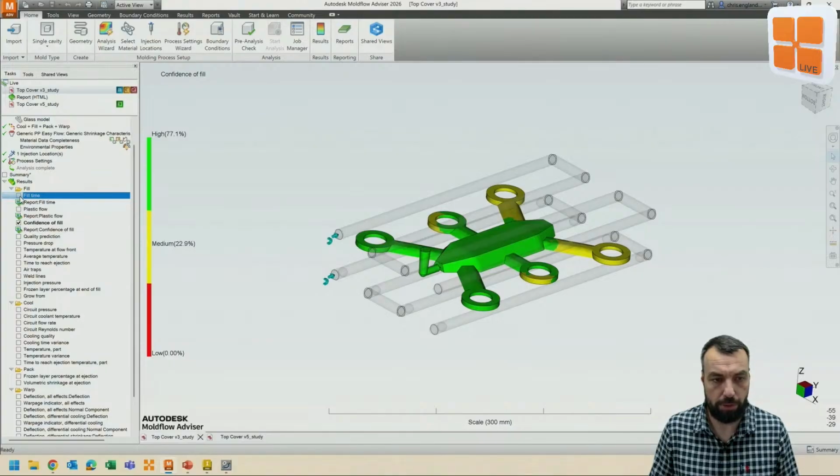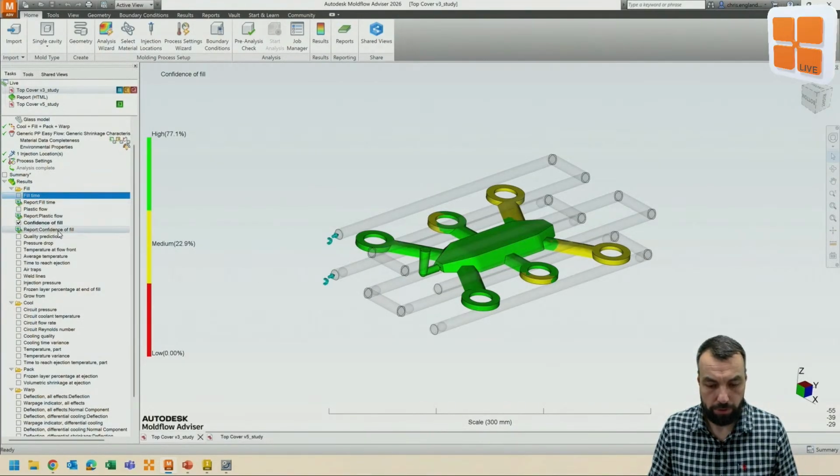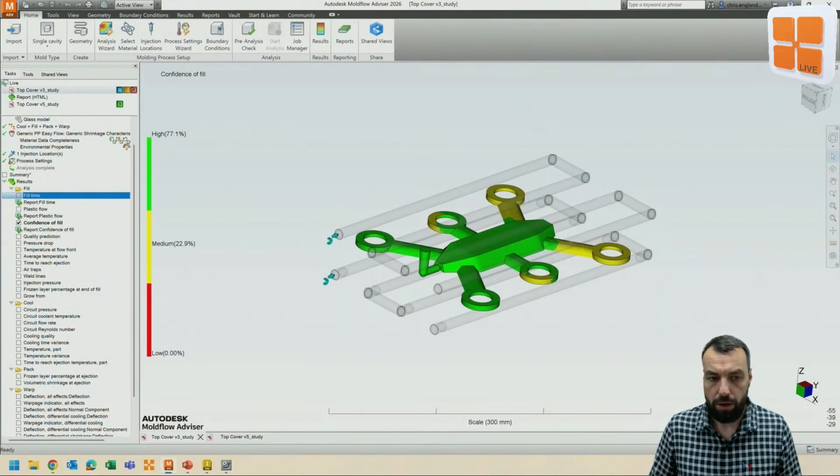So the main two fields that I'm going to look at just for this example are my fill time and my confidence of fill. Now the confidence of fill is how viable a mold is likely to be, or at least how viable the plastic fill within our mold will be. So we can see in our version 3, we've got 77% of our mold at a high sort of confidence, whereas